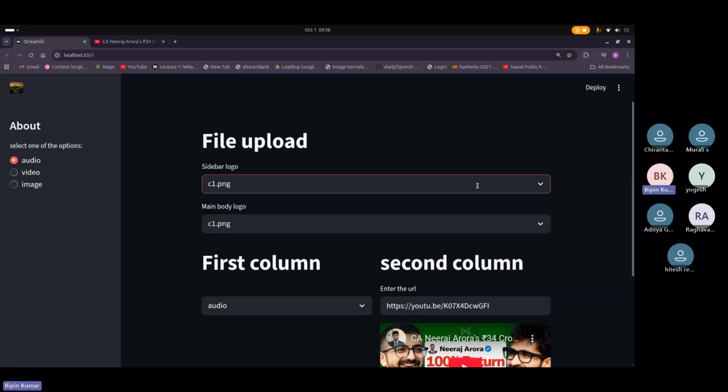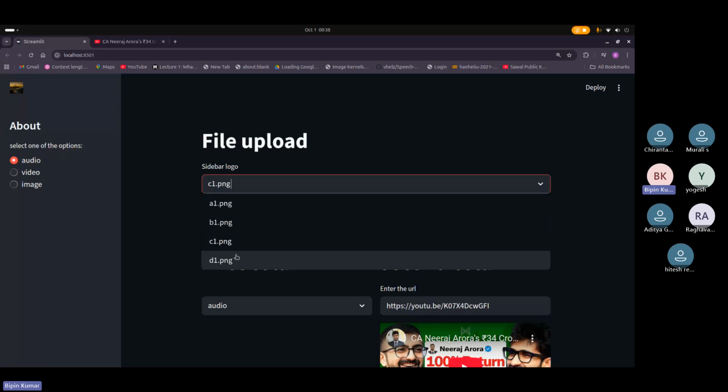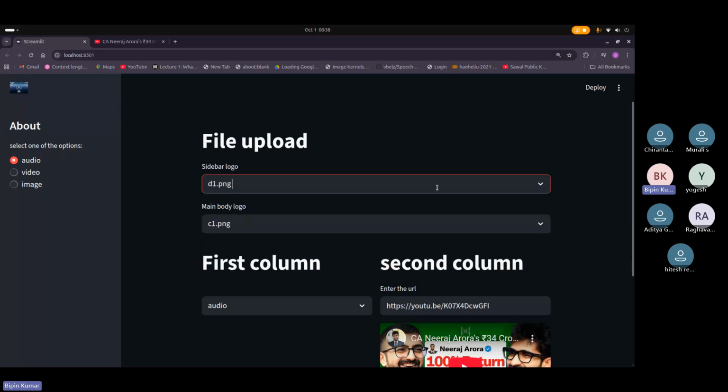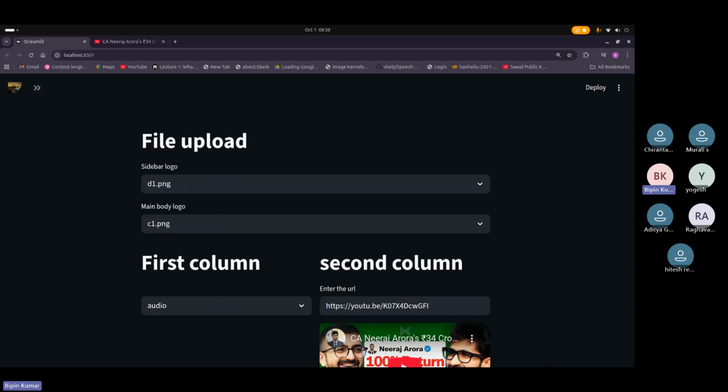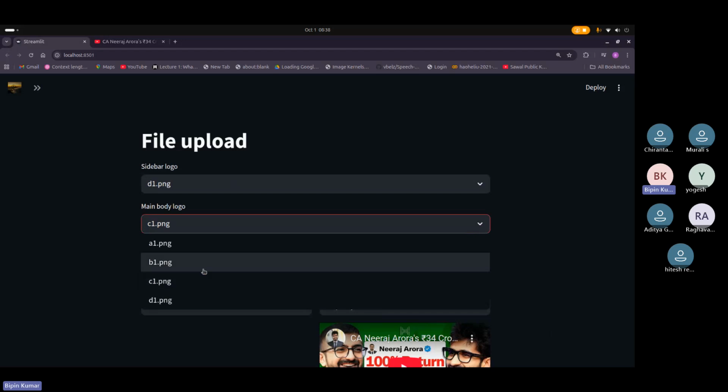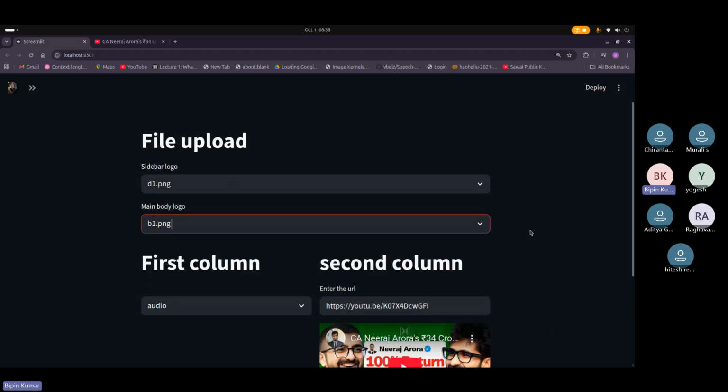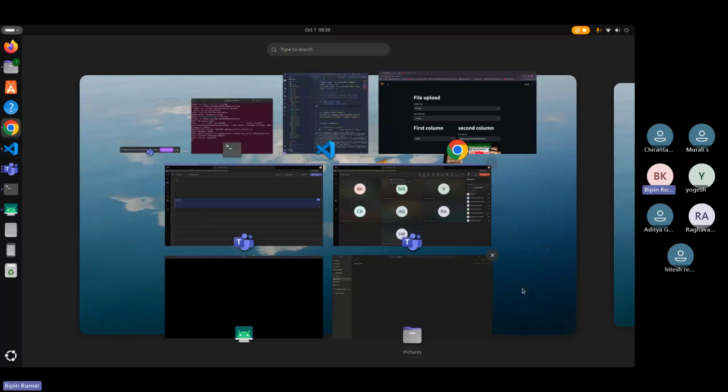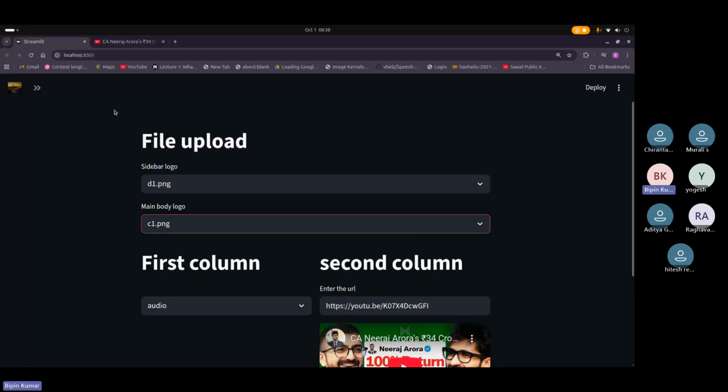See, this changes. Okay, and D1, this changes. Okay, for main body logo, if you do it here, so this is the main body logo because you hide this thing. Okay, so this is how you can add the logo as well to your Streamlit tab. Okay,